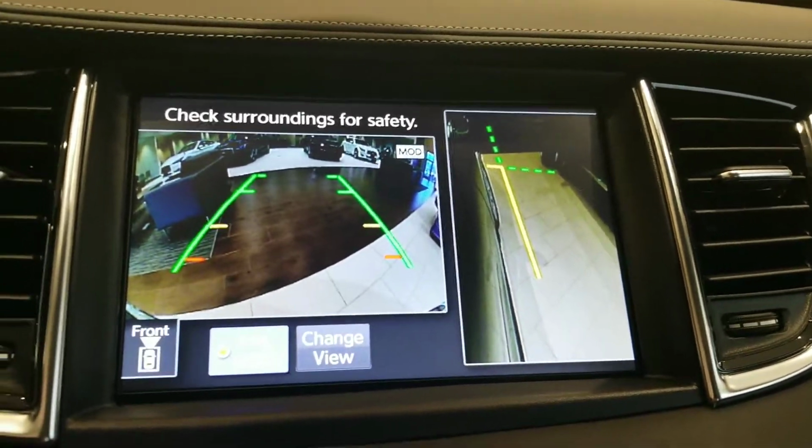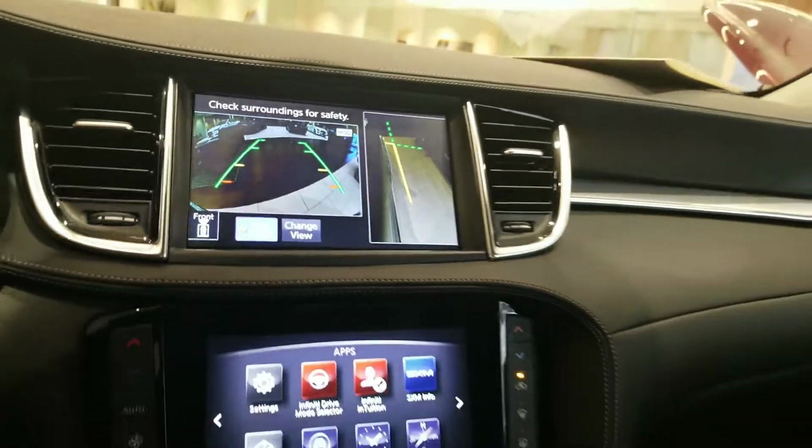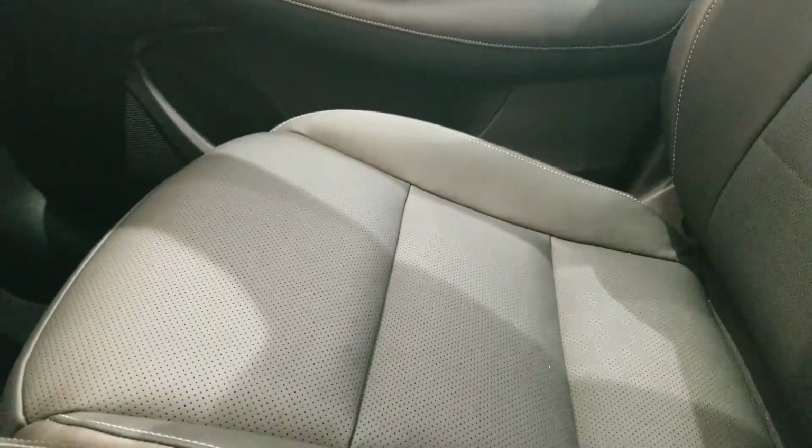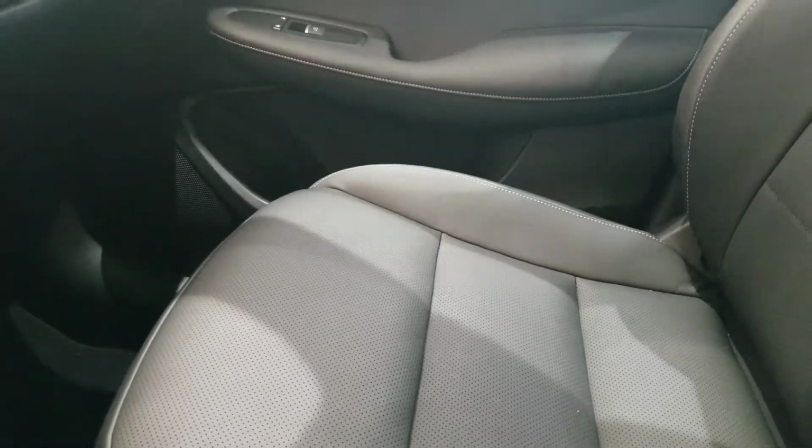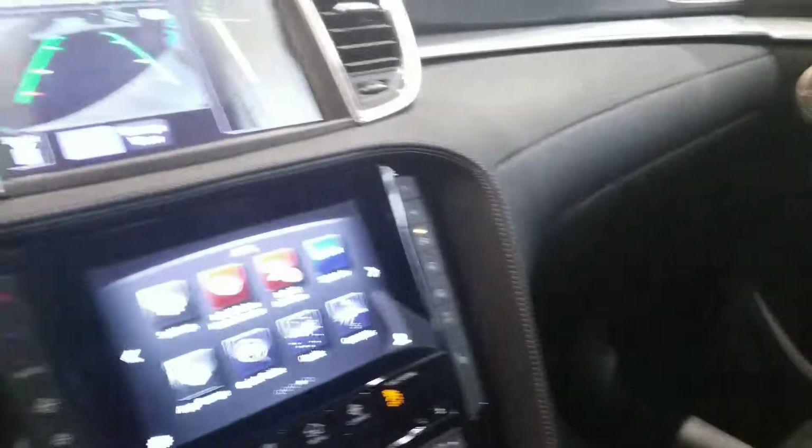So nice setup there. So the seats in the QX50 were designed for people with back issues. It is one of the most comfortable vehicles I have ever been in, Doug, and definitely going to be very, very comfortable, especially if you're going on long rides. You do have the large panoramic sunroof, and again, tons of legroom and space. Very comfortable, very dependable,